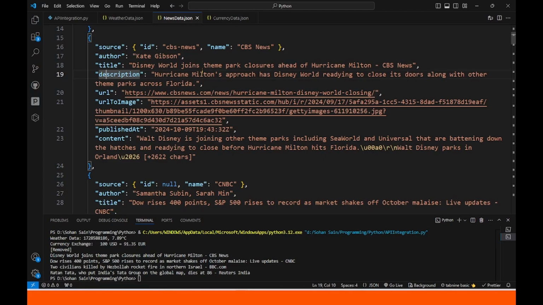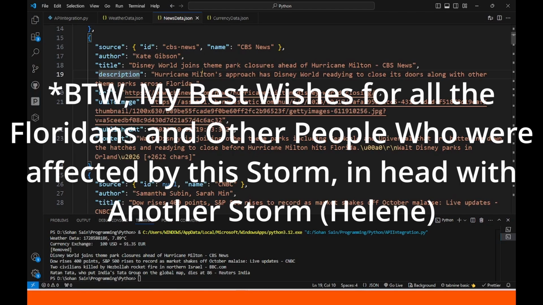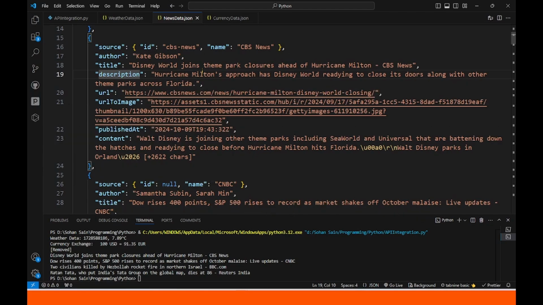Description: Hurricane Milton's approach has Disney World ready to close its doors along with other theme parks across Florida. Floridians and the other people who are affected by this severe storm only after a few days of another severe storm. Well, then the URL of this news,